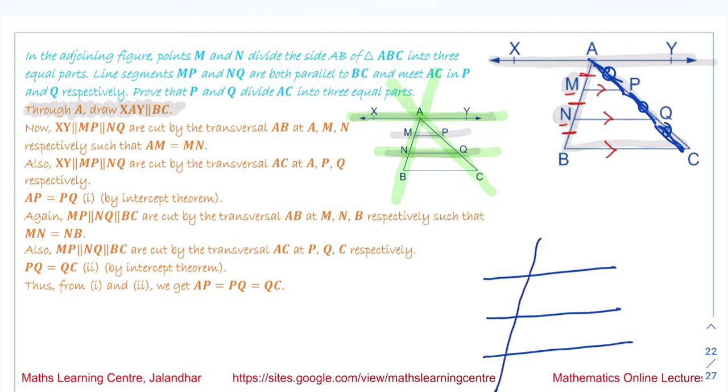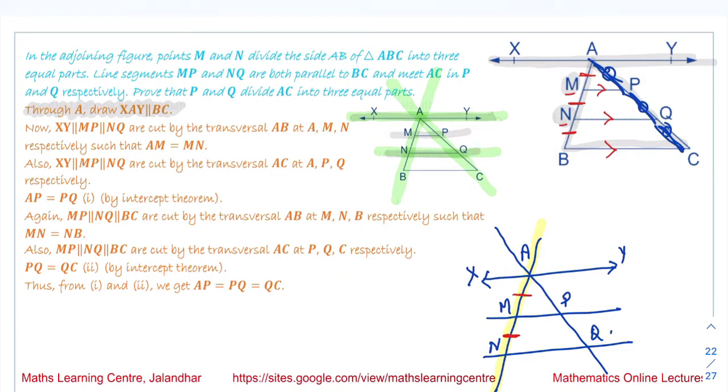This is one transversal and this is the second transversal. This is point A. This is line XY. These are our points M and P. These are our points N and Q. Now, for this transversal, it is given that the lengths AM and MN are equal to